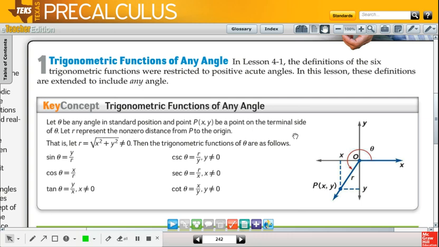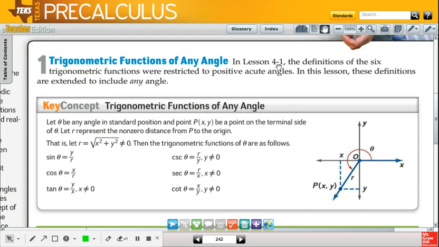Alright, so for 4.3, we're going to start off with trigonometric function of any angle. Now, reading from the textbook, here it says that in lesson 4-1, basically 4.1, the definition of the 6 trigonometric functions were restricted to positive acute angles. In this lesson, these definitions are extended to include any angles, so positive and negative angles,